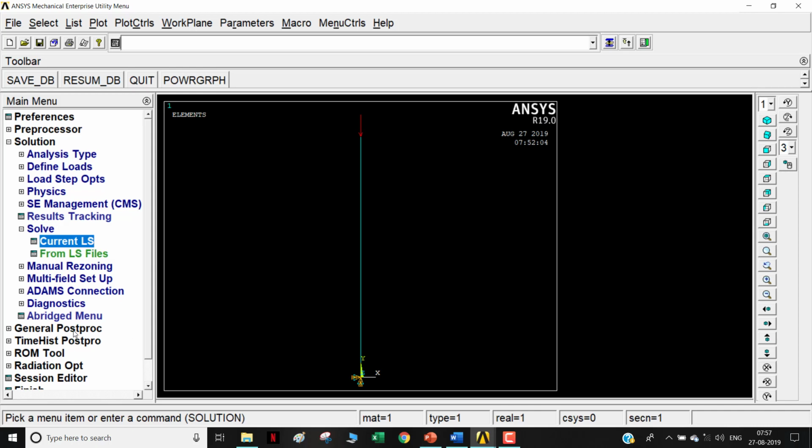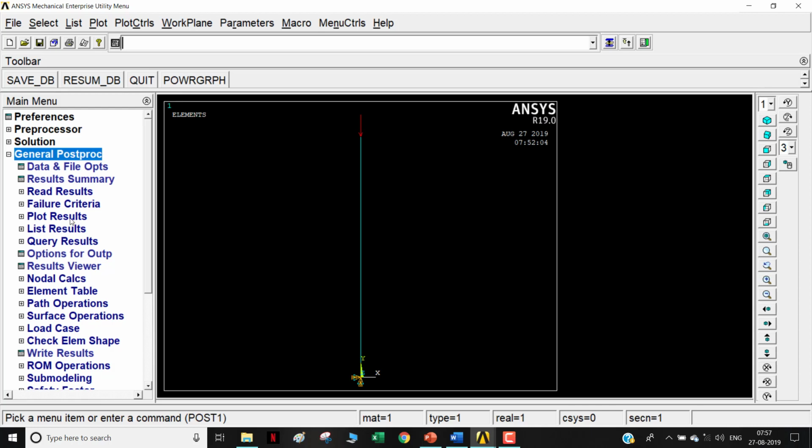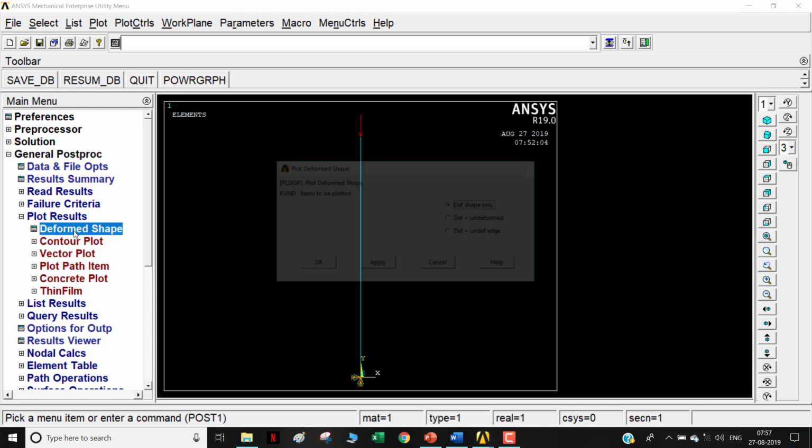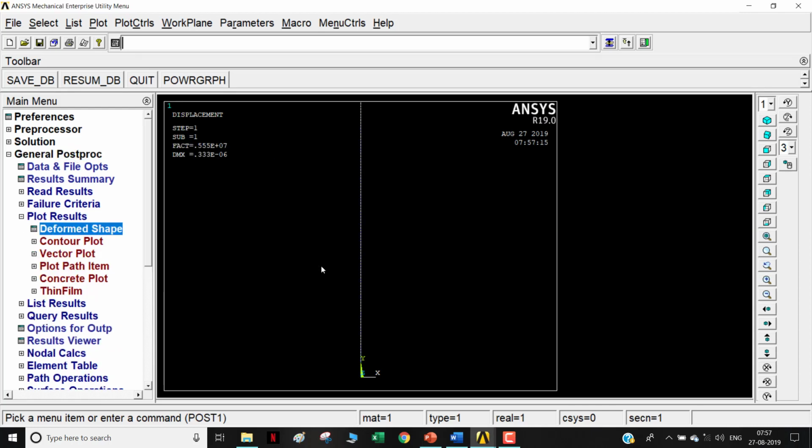Now go to general post processor. So plot results and deform shape, deform plus undeform, and if you click on OK, and I'll just zoom out. So we can't find any significant changes. That is because the buckling has happened the other way. So I'll just rotate the view, right? I hope we can clearly see here, right? So anyway,